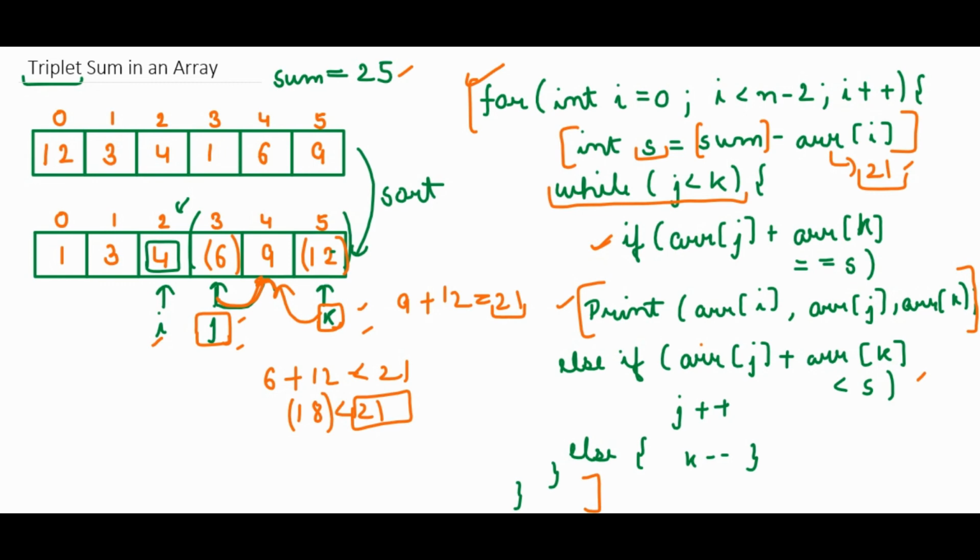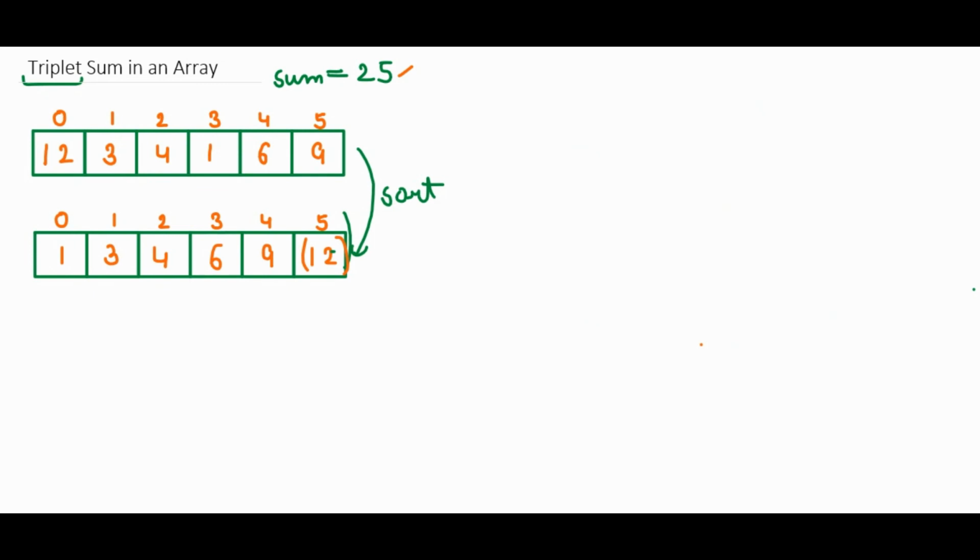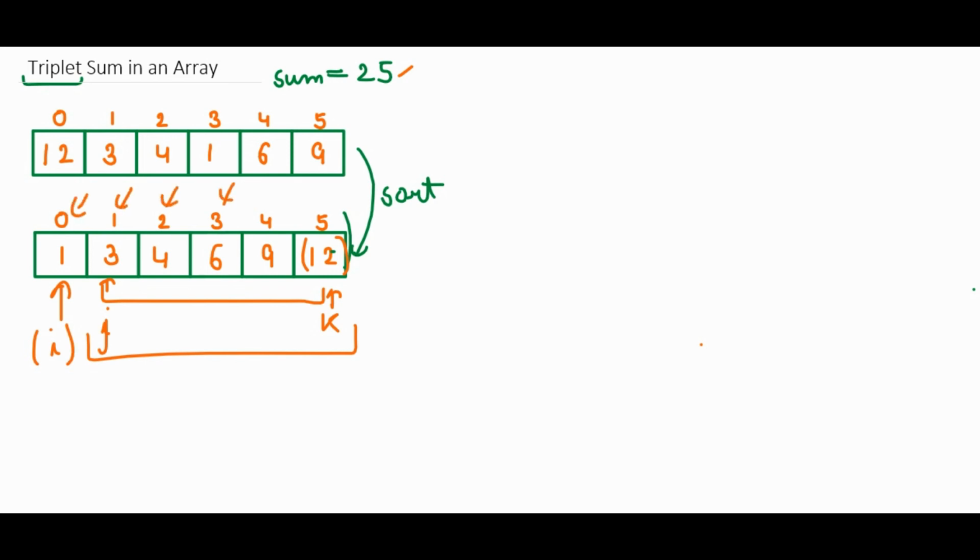Now let's see the time complexity for this. So the time complexity, what we are doing here, we are fixing our i and we are traversing this whole array, right? With our j and k. Okay. So this is traversed only once for every value of i. So our possible i values can be 0th position, first, second, third position, right? Because we want a triplet, so we can't go beyond this.